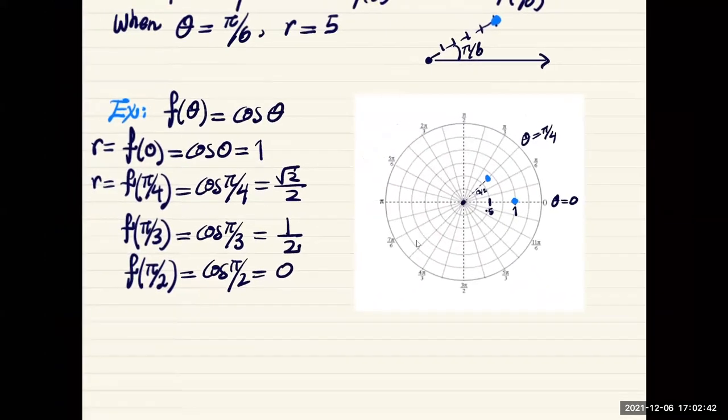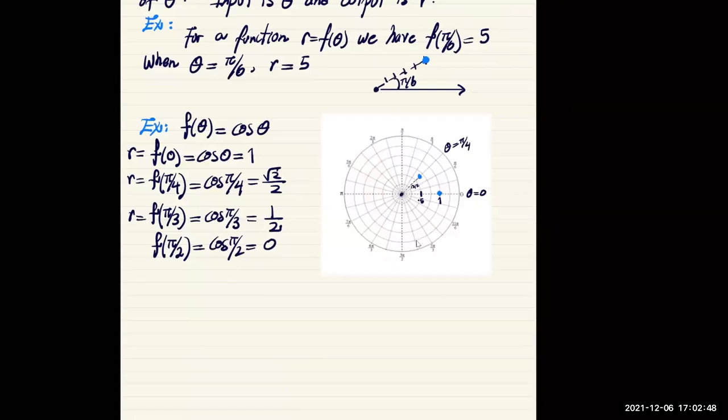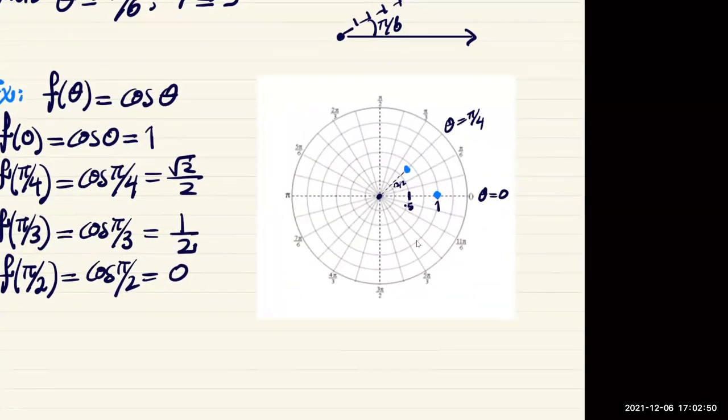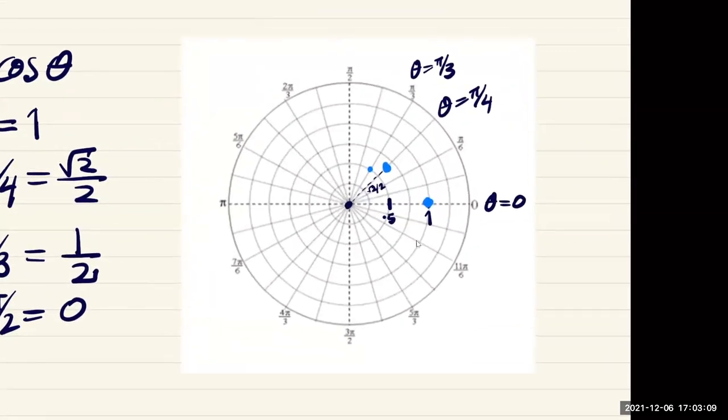Okay, when the angle is pi over 3, r is going to be half. So this, again, is theta of pi over 3. On this terminal side, you're going to go half a unit. So that will put you right here, I believe. Yes, it does. So this distance here is